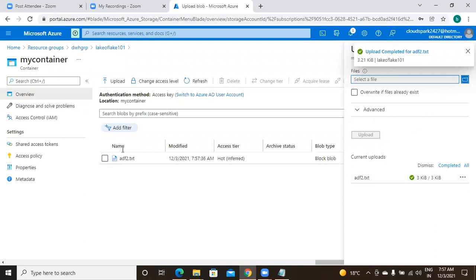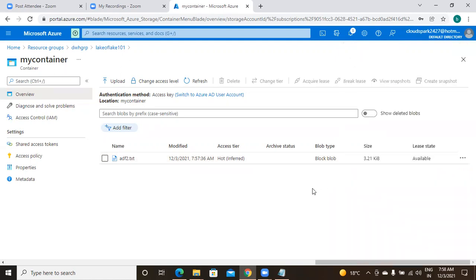Now in my container, the file is copied. The file will be copied as a blob object. What is a blob, what is a queue, what is the meaning of file share, everything will be explained later. For now, this is how to upload your local file. In that way, any number of files, any data volume of files, you can upload, whether local or remote. But if it is remote, you cannot do it directly with the upload option.